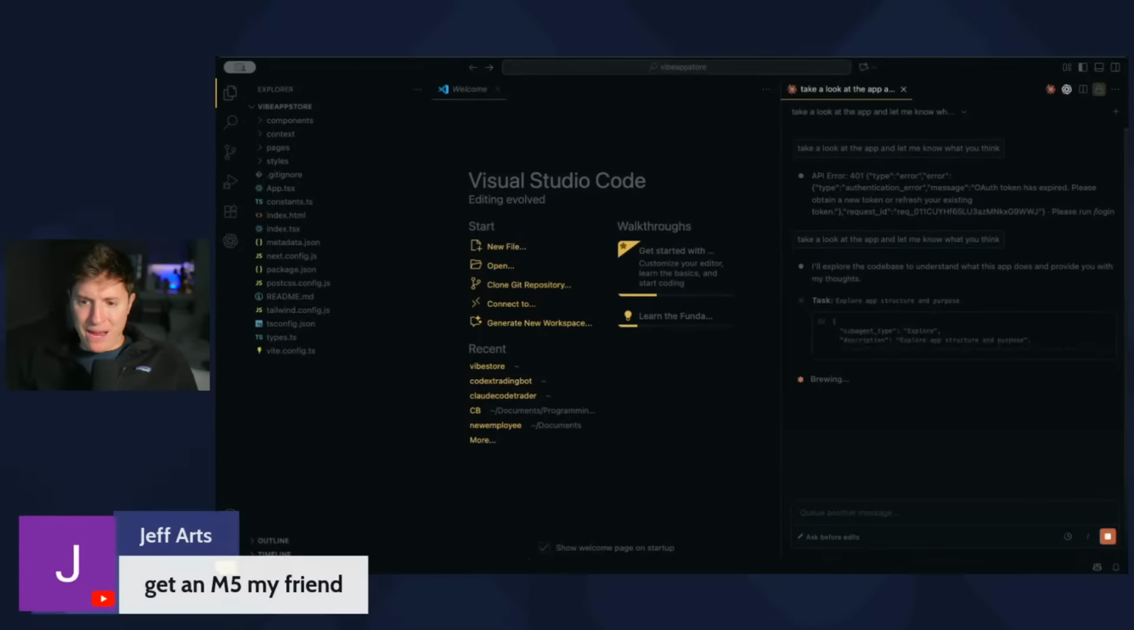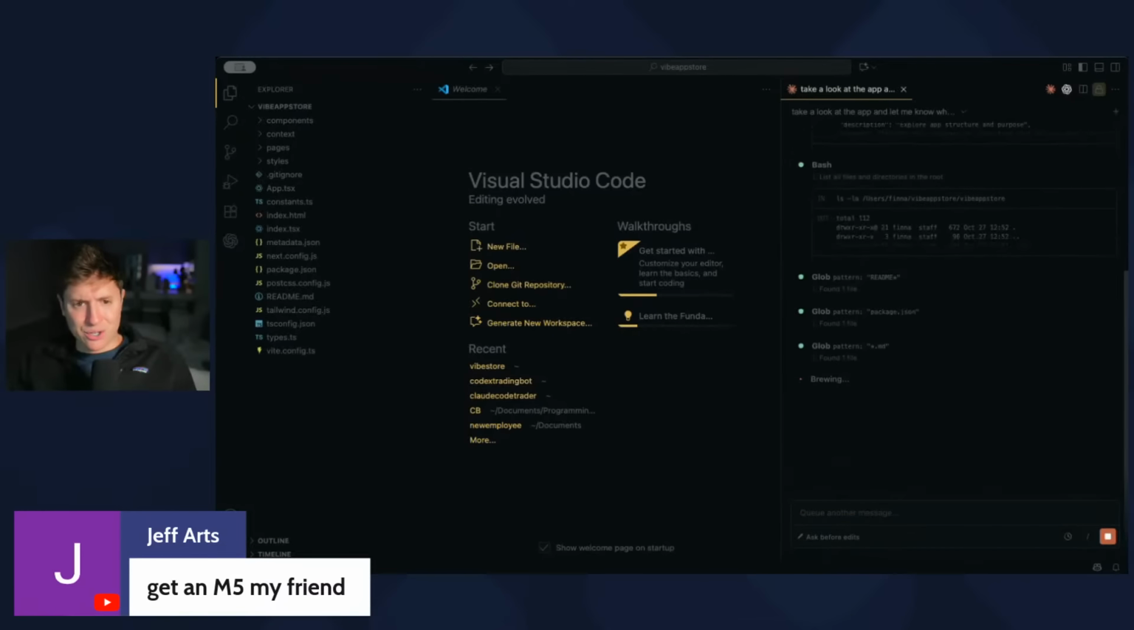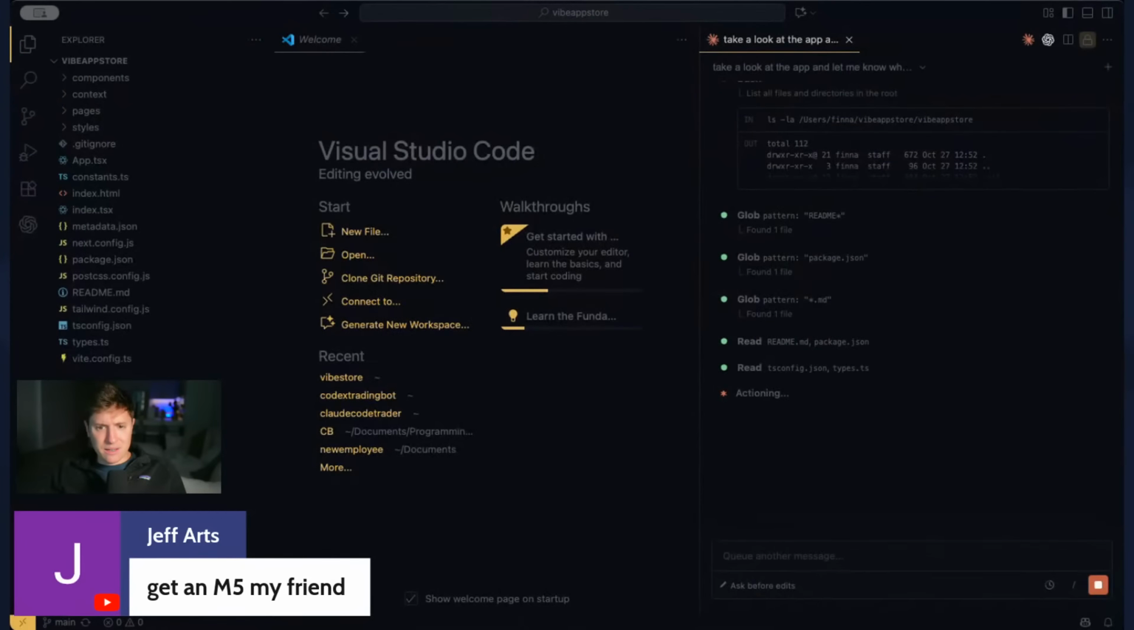Get an M5, my friend. Yeah, it really looks like Apple's really tripling down on AI without releasing any AI functionality. It seems like every single piece of hardware they release is built to play nice with AI, right? Like the new iPhone 17 Pro was built to run local models on the phone. And it seems like the M5 was built to be better with AI. So I feel like when the Mac Studio comes out, the refresh next year,